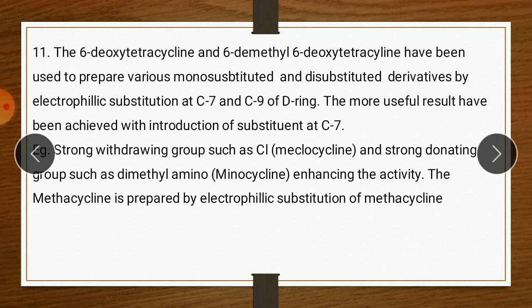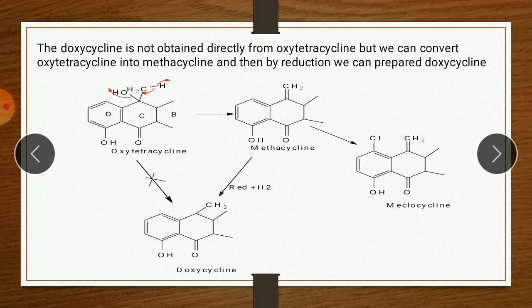So the point here is that we divide the tetracyclines into two classes. First class is tetracycline, which contains methyl group as well as hydroxyl group on 6th position, and second class is the tetracycline in which CH3 and hydroxyl group are absent on 6th position. Then this compound is called 6-demethyl 6-deoxy tetracycline compound. This type of compound is used to prepare the new tetracycline. For example, here if you see